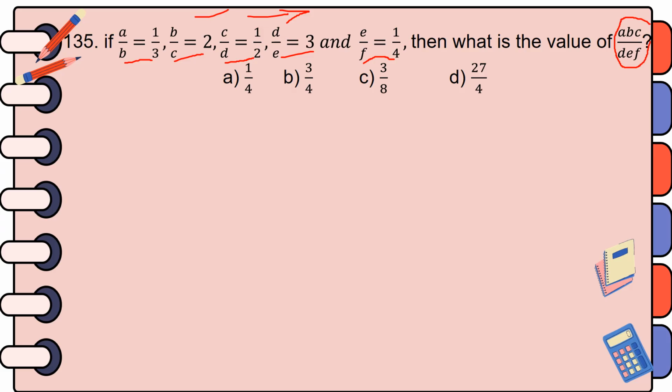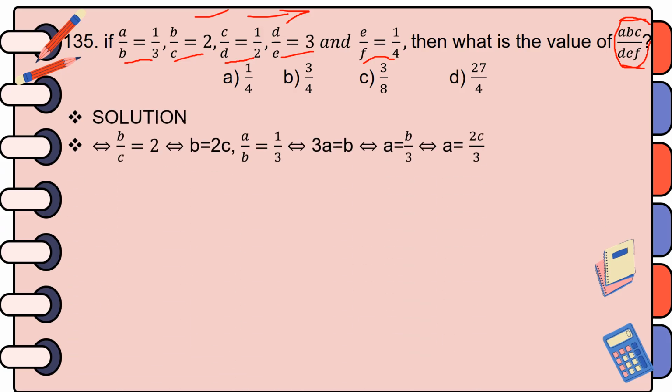Now, let me show you the solution, how to get the answer for this question. You are given the information, and from the given information, you are required to find out this value. But what I found is that just express all the variables except C in terms of C. That means express A in terms of C, express B in terms of C, and D in terms of C, E in terms of C, and F in terms of C.